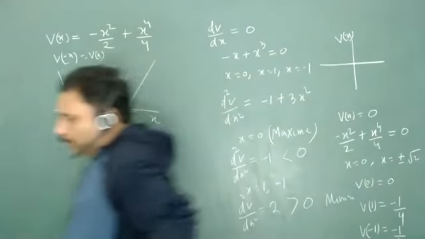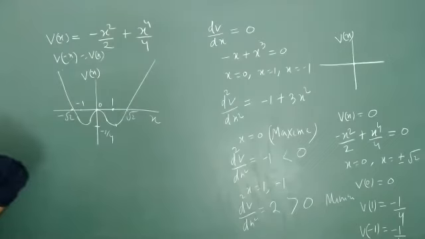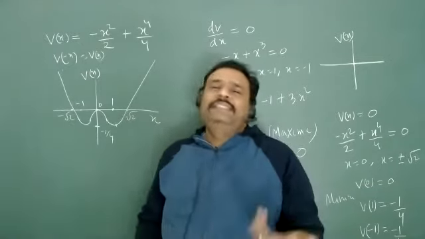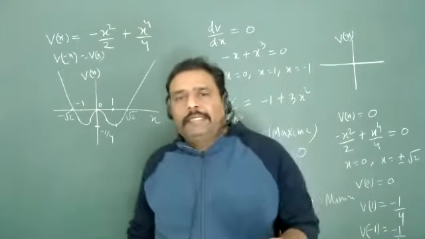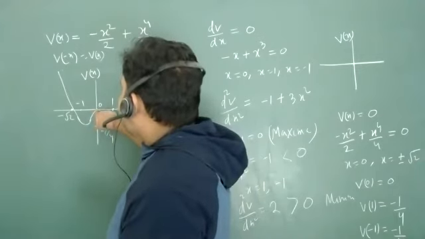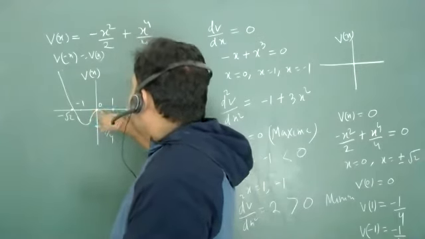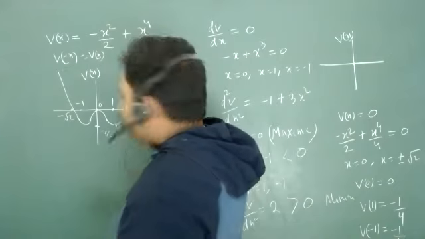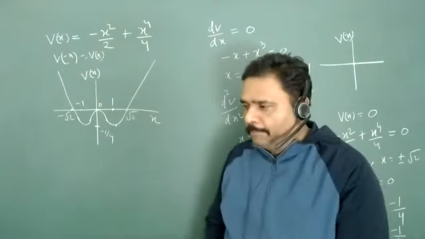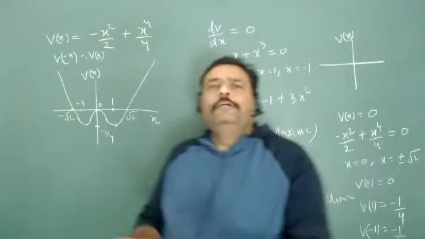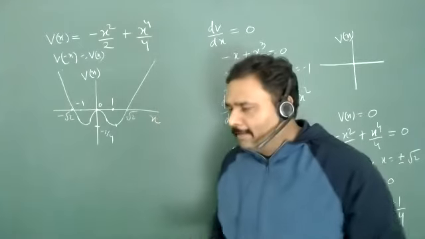Sir, is only the minima the transition point, or is the maxima also? Both are transition points. Why am I saying transition? This is just an English word, don't worry about this. Why transition point? Because after then, listen, potential is increasing. After then, decreasing. So it will take a transition. After then, increasing. So it will just change its course. Are you getting my point? So don't get trapped into the English word.